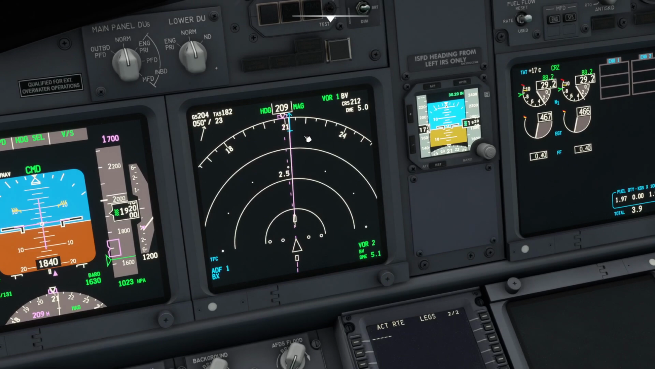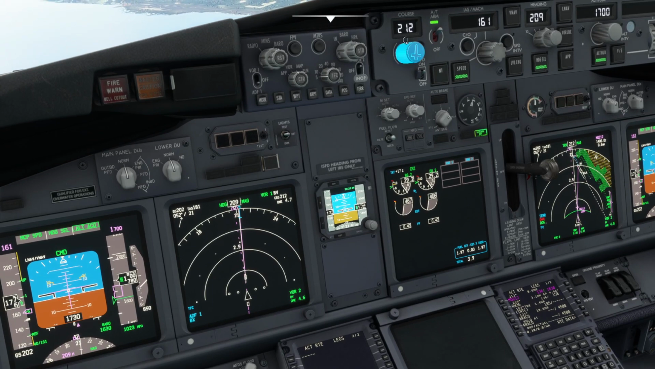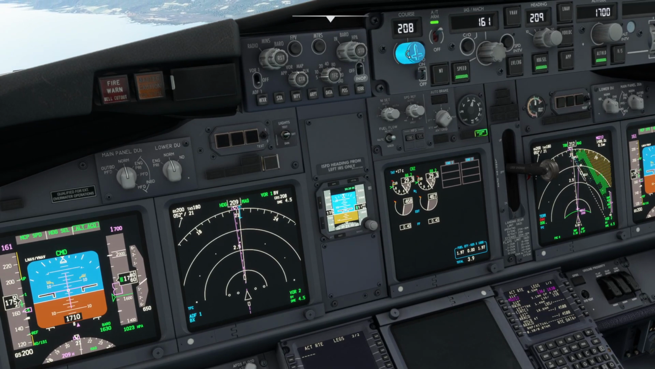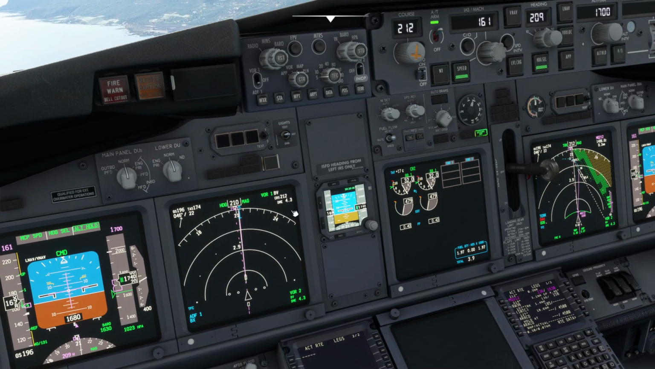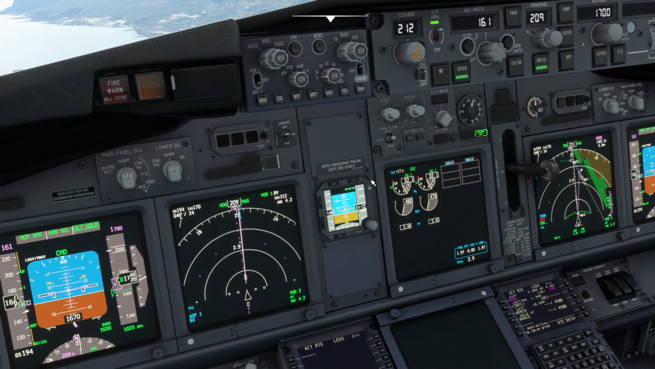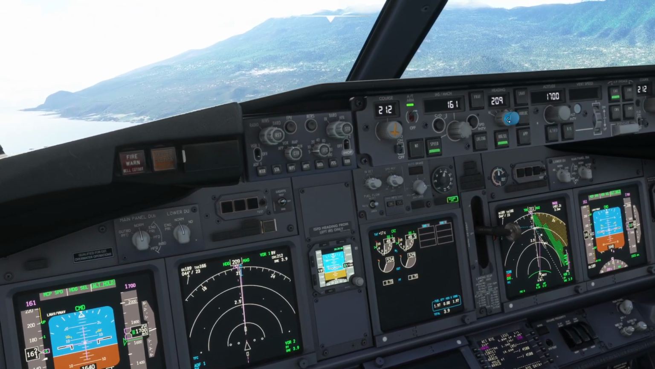Remember, you always have your track here to help you and match the needle with the course you need. Of course, you need to select this course here to help you. Even though you don't have the VOR, it will help to guide you through the NDB. Okay, so now we are going to fly